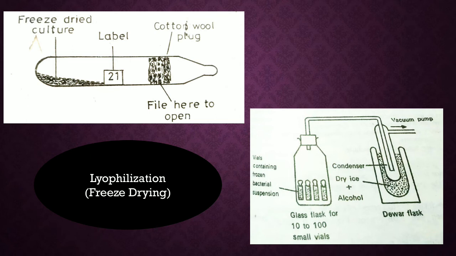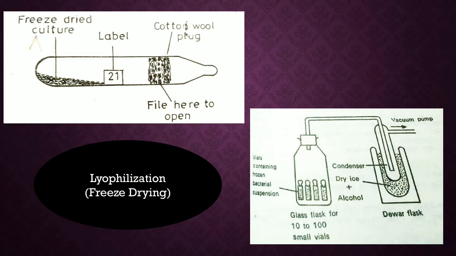What we do here is that it is a two-pronged attack. We dry the cultures, so make sure that there is no water for their growth. At the same time, we freeze them, so it makes sure that the cells are at a very low temperature and they survive. The cells get dehydrated, their metabolic activities are stopped, and so they go into a dormant state, which helps us to retain their viability for several years. And these lyophilized cultures, or the freeze-dried cultures, can be then stored in a regular refrigerator at 4 degrees Celsius,